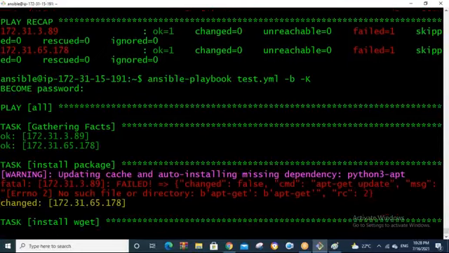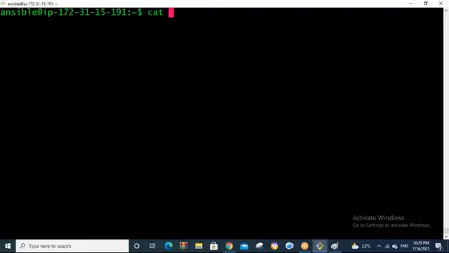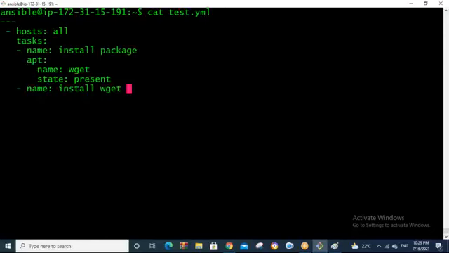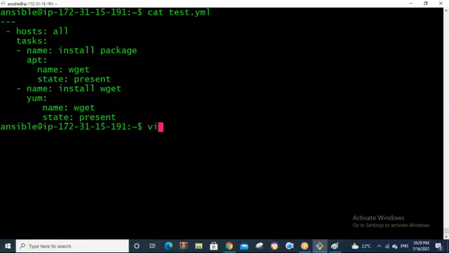So here I told you, skipping does not happen because there is no when condition. Basically, the apt module will not work on Red Hat, and the yum module will not work on Ubuntu. So you can use a when condition to skip something, right? Here, the code you have written is also lengthy. To install these kinds of generic packages,